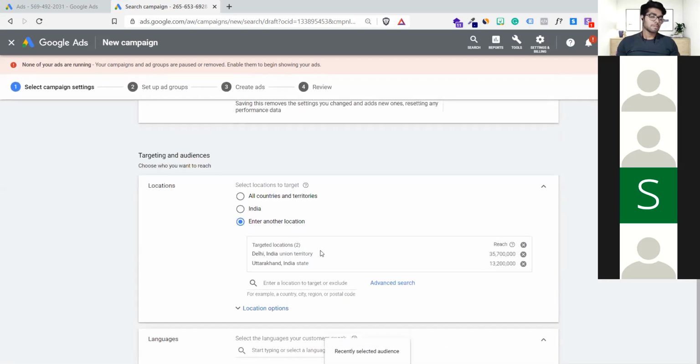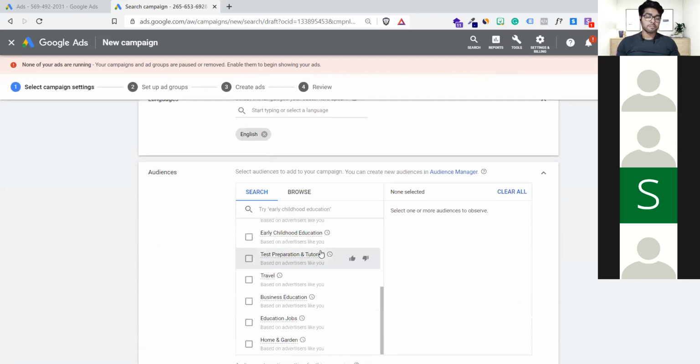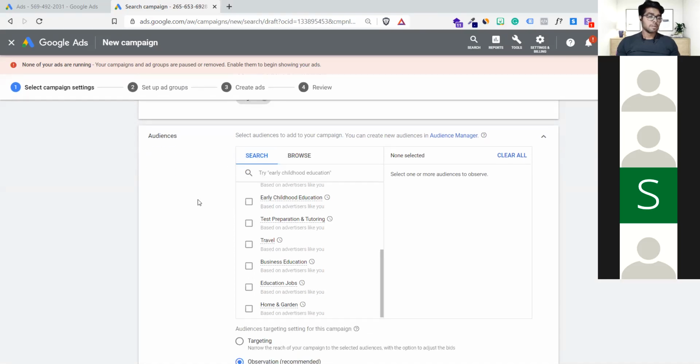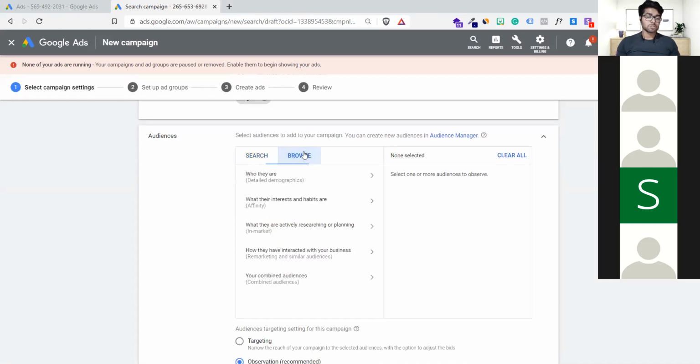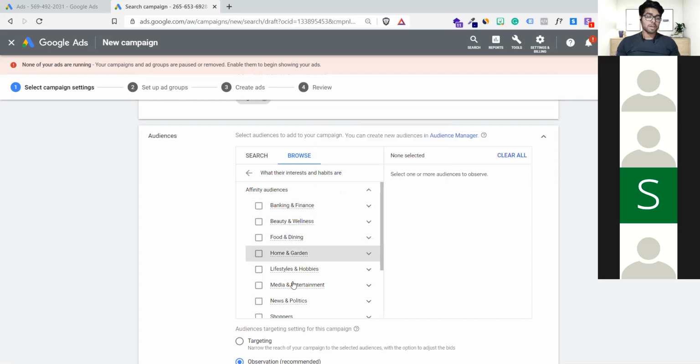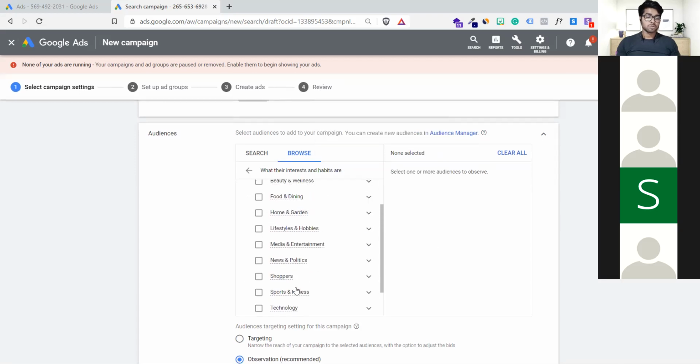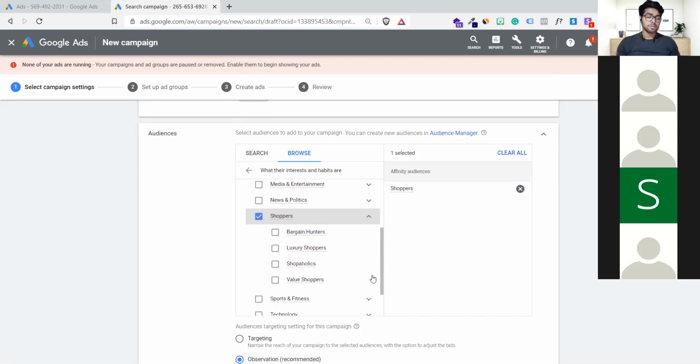If you remember, guys, we did some audience targeting in Facebook ads as well, where we provided interests, right? Where we provided interests while searching. It is similar to that. So if we go to browse and click here, affinity, which covers their interests and habits, we have a similar thing here. So those who are into shopping, let's come here, click down below, you will see this.